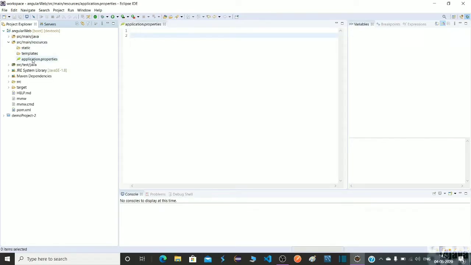Let's go to the application properties file, and here add your MySQL database related configuration.